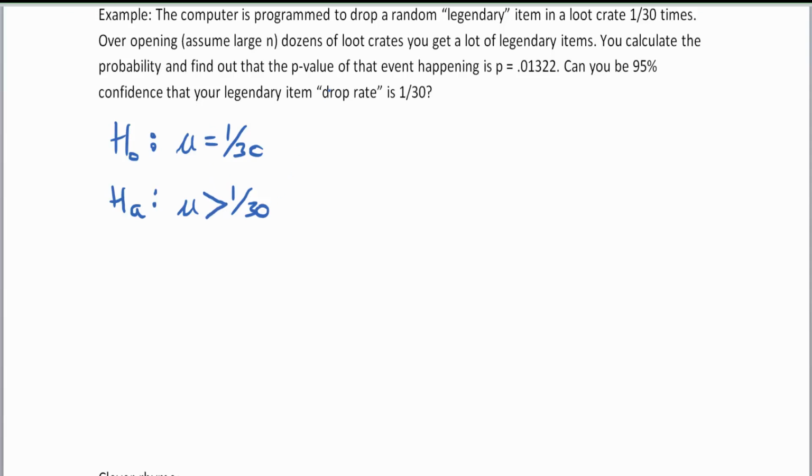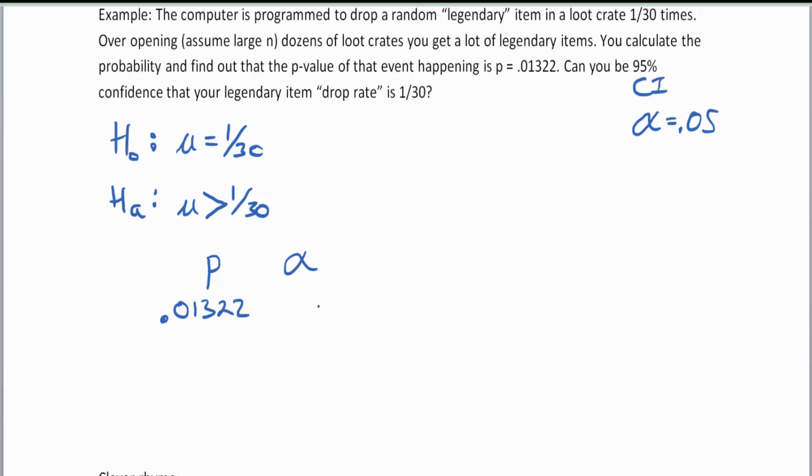Okay? Now, you might decide instead of putting the not equal to, you could decide instead of putting greater than. Because maybe your position is that you want to be showing that you get more than a 1 in 30 chance. Now you'll notice that we also have a 95% confidence interval here. So this is our CI, confidence interval. That means our alpha is the complement of 95% from 100%. So our alpha is 0.05. We're going to compare our alpha to the p-value. And from up above, we're going to check our p versus alpha. Our p-value was